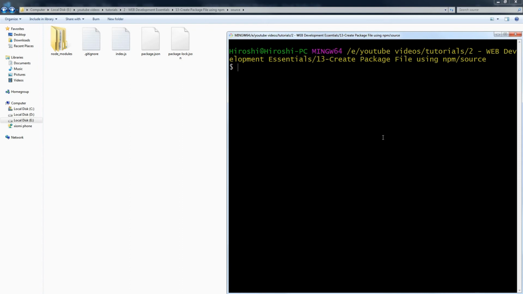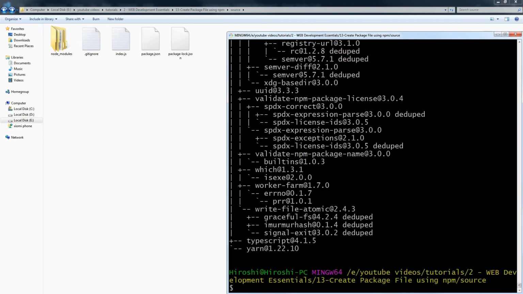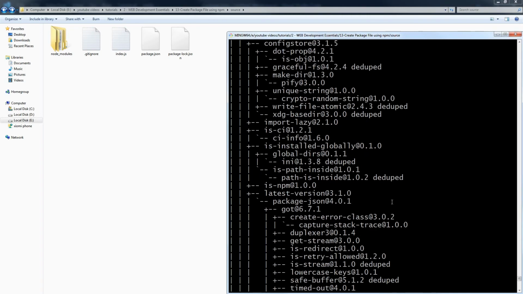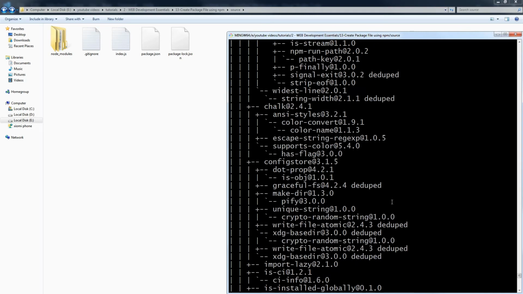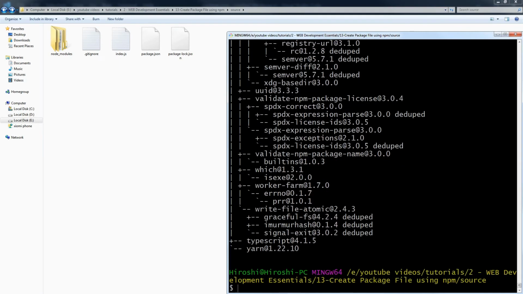Let me show you how many global modules I have installed. To view the list of packages installed globally, we use npm list -g. This is the full list of packages including their dependencies, and it's not readable. We can view only main packages installed globally by using this command